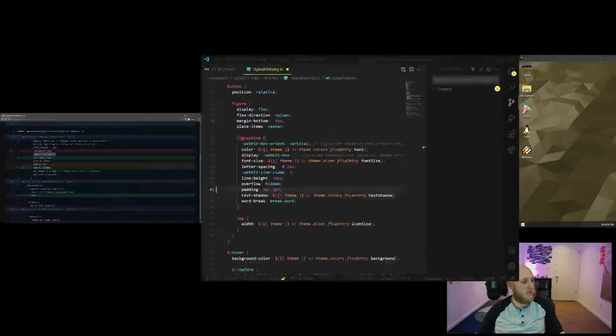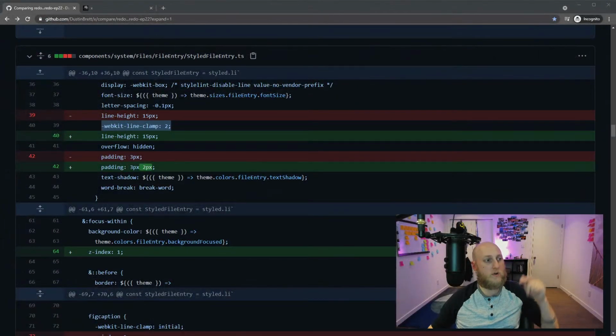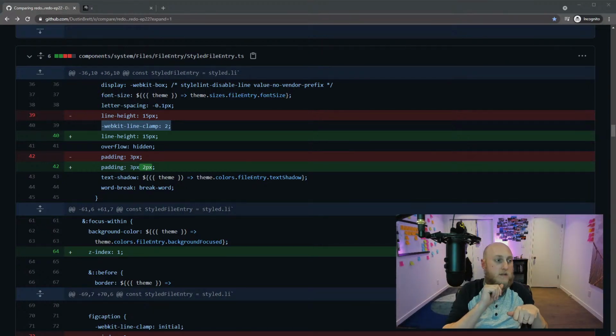Let's take a peek at that change again. As far as what the shadow issue was, I have a 3 pixel shadow on the text, and when it was wrapping on the next line, but I had line clamp, it was essentially cutting the overflow of that extra line, but I could still see 1 pixel of shadow from the tallest letters peeking through. So I think 2 pixels was okay for line clamp. Now I don't know why changing the width made a difference.